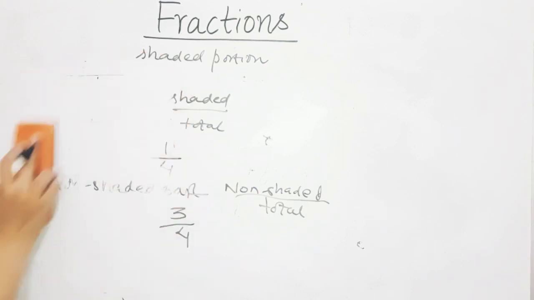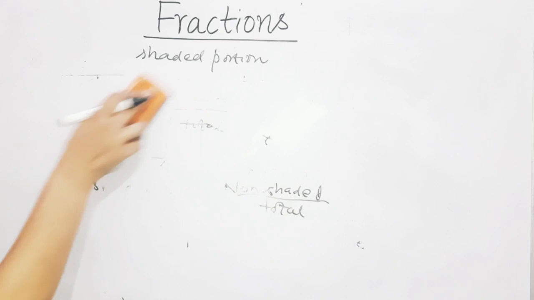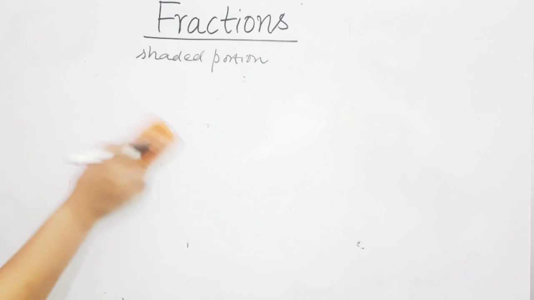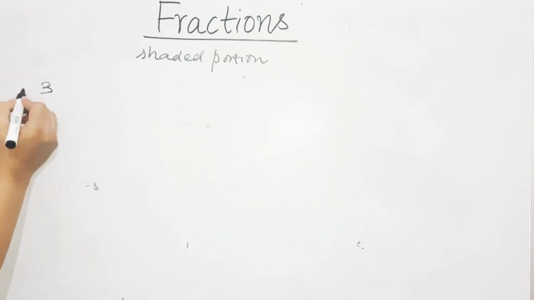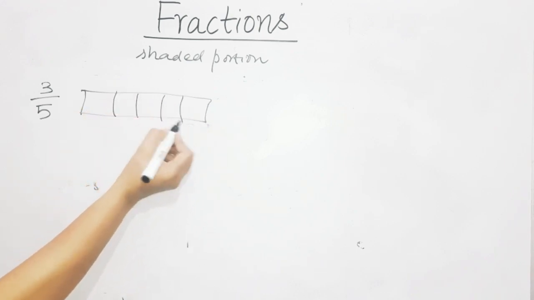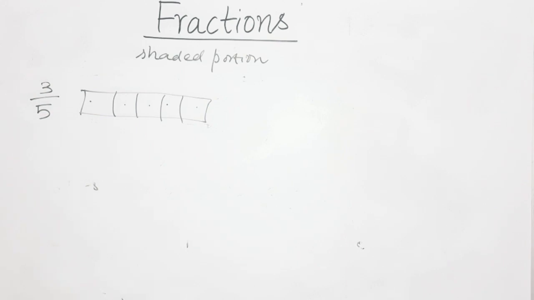So if I give you some figures and I shade some of their parts and some are not shaded, how will you represent them? These questions are given on page number 71 in your maths book. The first question is, shade the following figures as per the given fractions. So you all know 3/5, right? And one image is given to you, 1, 2, 3, 1, 2, 3, 4, 5. See, total means the total number of distributions in the figure.